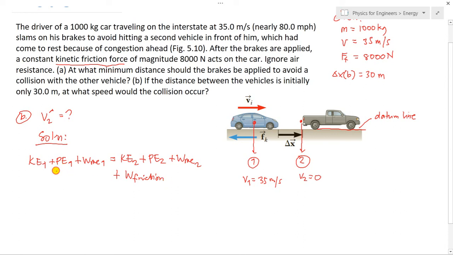Okay, so since wala tayo PE kay ato reference or datum line kay migo ang pala ang subject of interest. And then for key E1 and key E2, of course, naa sila'y values or wala. So let's try to find out. So for key E1, that is 1/2